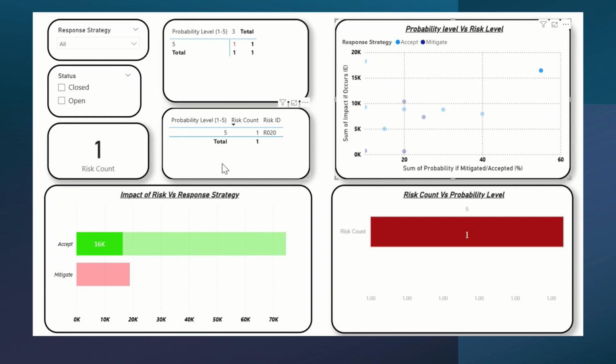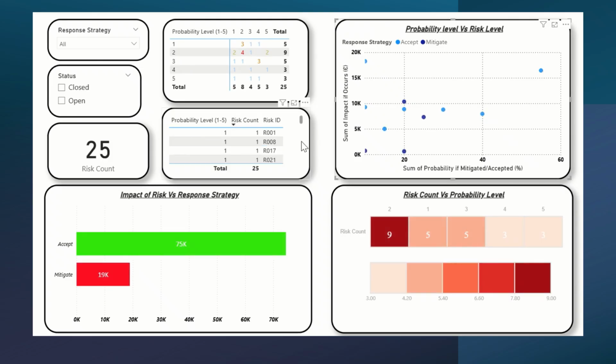16,445. So you can also see it on this table that we have a risk ID, risk count is 1, and probability is a 5. So this one is a high risk activity, where you can also modify here at this matrix. We did the heat map at the bottom right, taking into account that it had to be created through a matrix. And what we're seeing here is a synoptic panel by